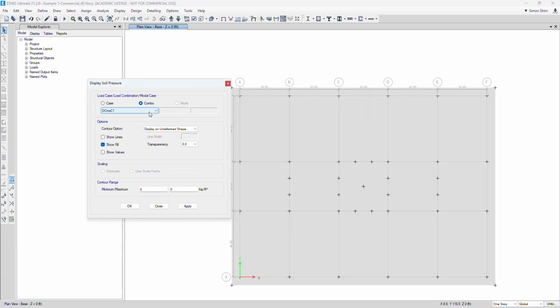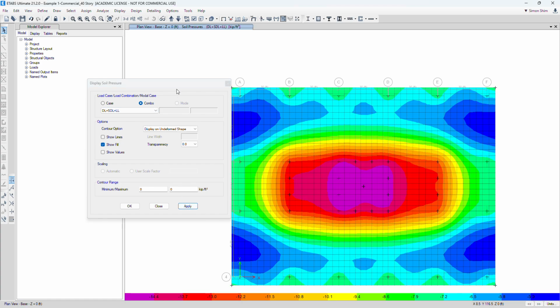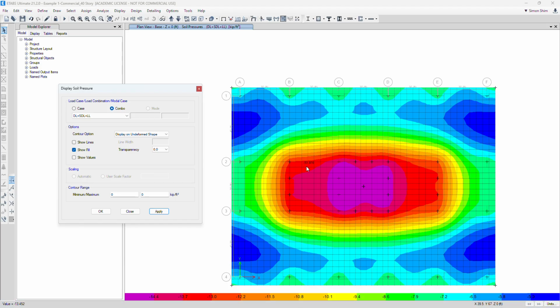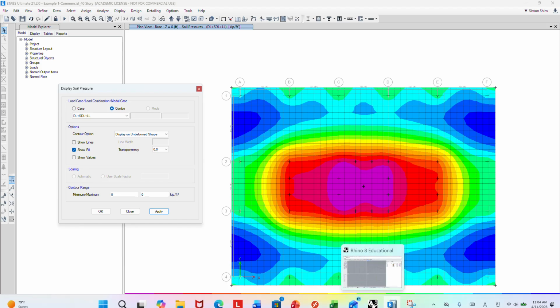So I'm going to show you the soil bearing stress based upon the dead load, SDL, and live load, which is the total gravity effect. So this is the soil bearing stress. It's simple. Basically, it's the overall dead plus SDL and live load divided by the area of the mat. If you think of the spread footing design, you do this first: total dead and live load, right? Divide by your allowed bearing capacity,